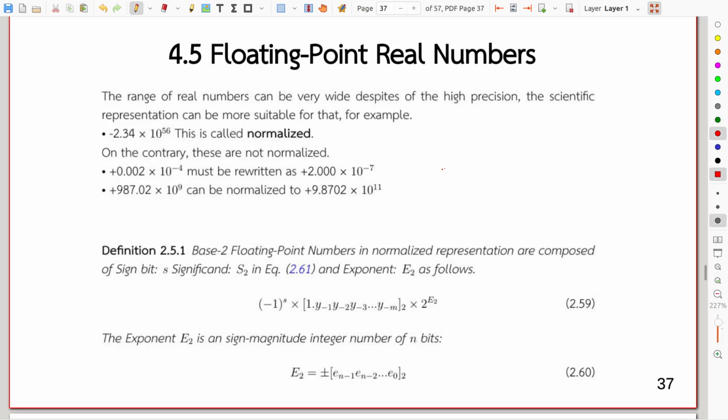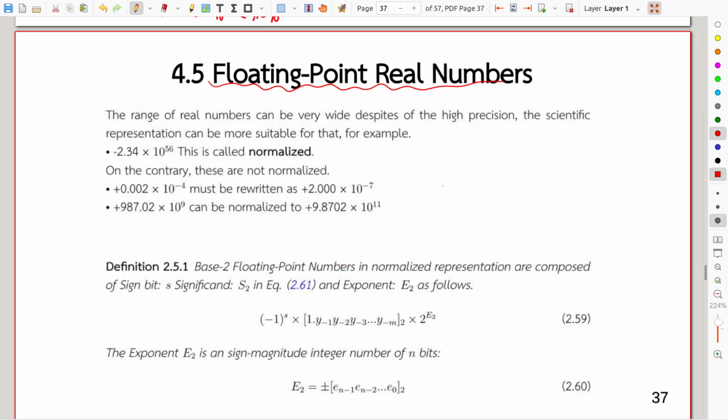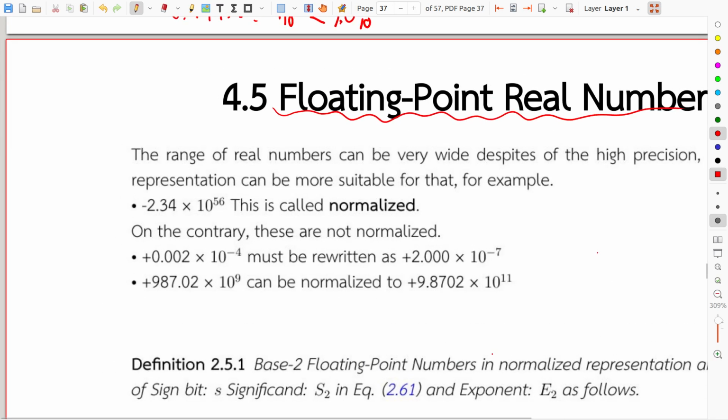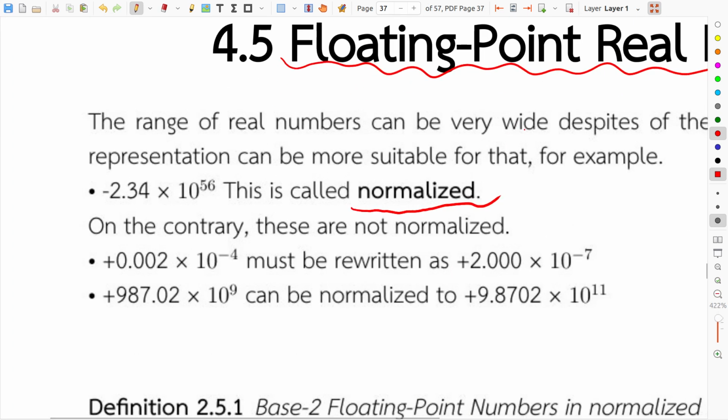Now we are ready for floating point real numbers. Before we continue, I would like to introduce you to a new concept, what's called normalized. If you recognize it, it's also called scientific representation. Okay, so